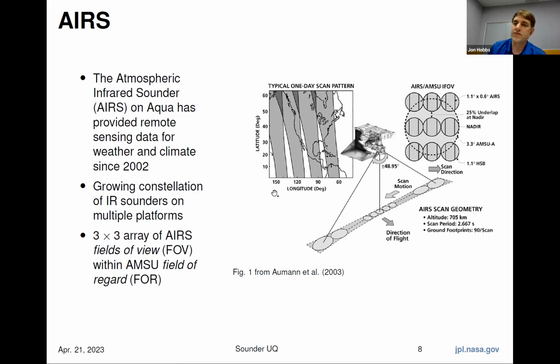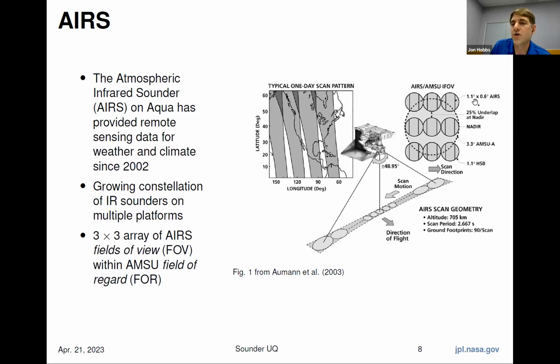And one other item of note in the upper right is the actual individual spatial footprints for AIRS. You can see that there's this 3x3 array of little circles, which are individual footprints for AIRS, and these are called fields of view. And then they're sort of grouped into these 3x3 arrays as shown up here, and are sort of analyzed as a collection in that sense,